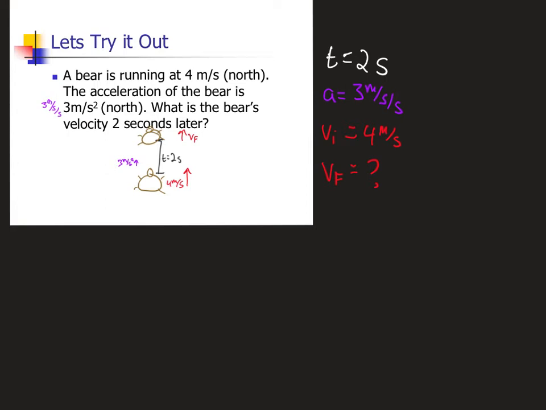So the equation, again, that I have to use is acceleration is equal to v sub f minus v sub i, divided by t. Now I have to be a little bit careful in this one because I cannot solve and do the division right away. So this is a good example that we should do. So I'm going to plug the information in, 3 meters per second squared